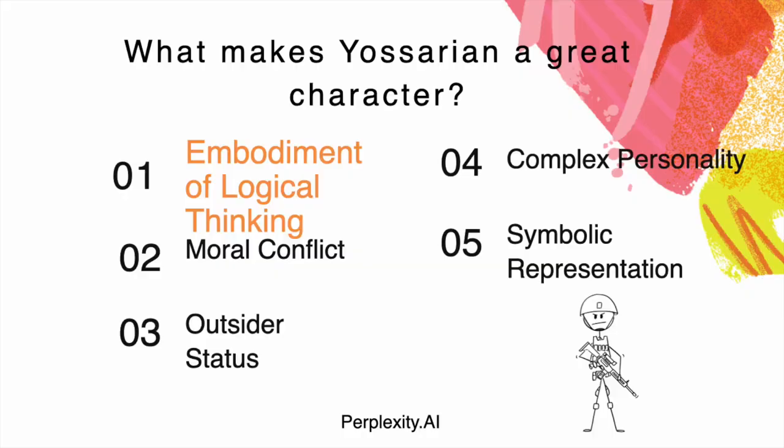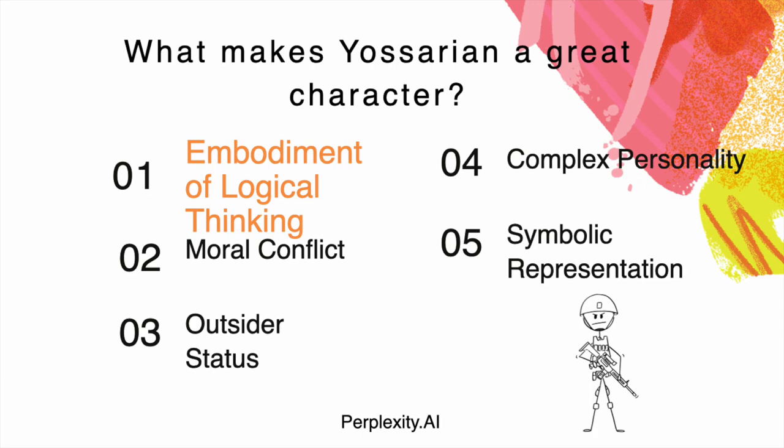Well, it looks like this AI may be useful. Still, the answer is a bit generic. It'd be helpful to have examples for actual characters, wouldn't it? So let's ask the AI what makes specific characters great. I have a few in mind, like Yossarian, the main character from Catch-22, and Scarlett O'Hara from Gone with the Wind. And really, we need this guy, Inspector Clouseau from the Pink Panther movies.